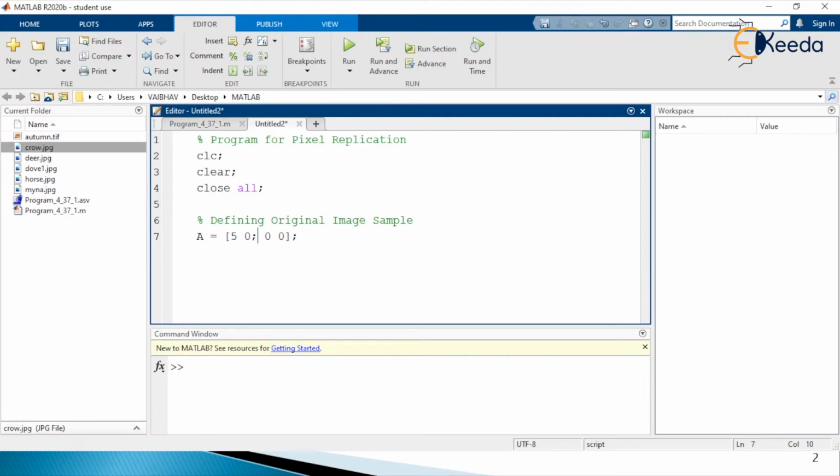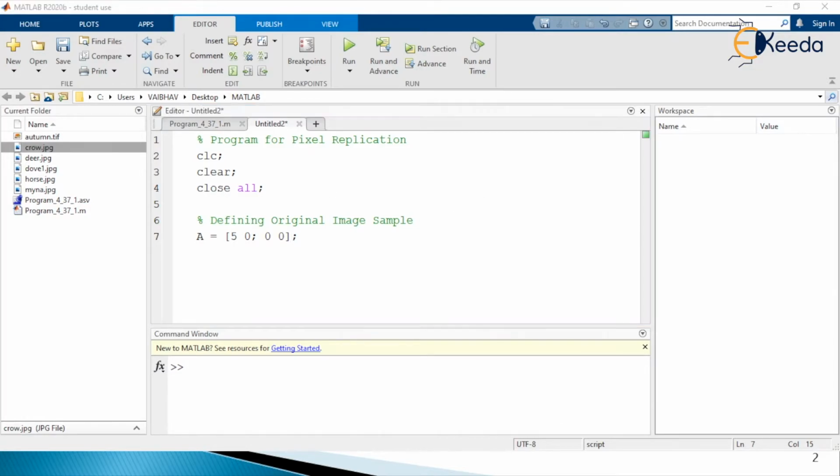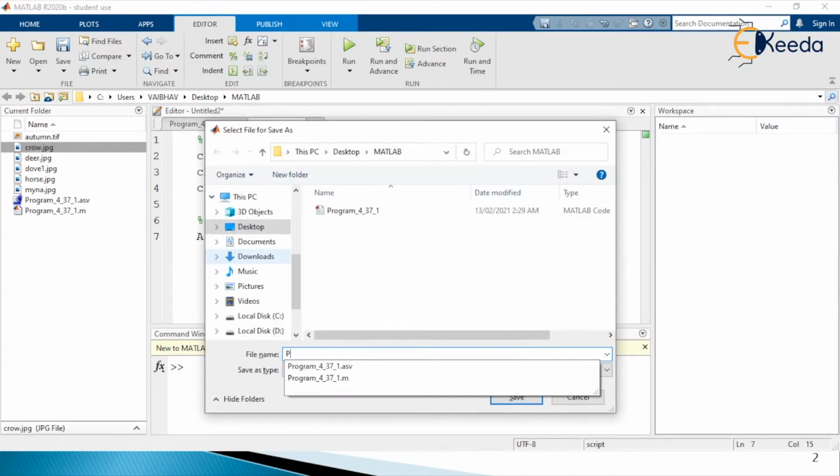So as you can see here, it is a 2 by 2 order matrix, and this we have assigned to the variable capital A. First of all we shall save this. As we have the second part of this particular program, I will write program underscore 4 underscore 37 underscore 2, the second part.